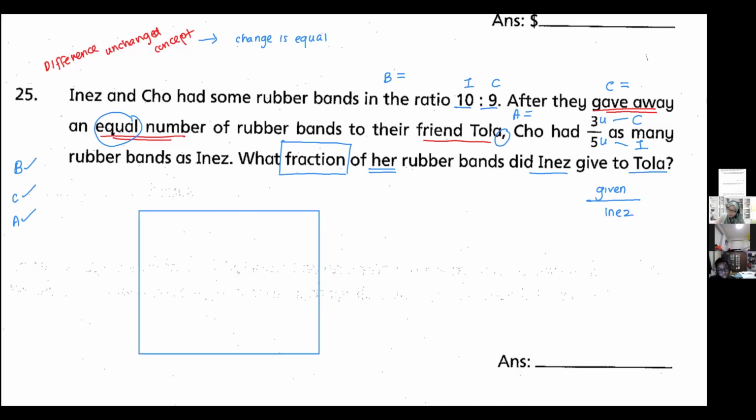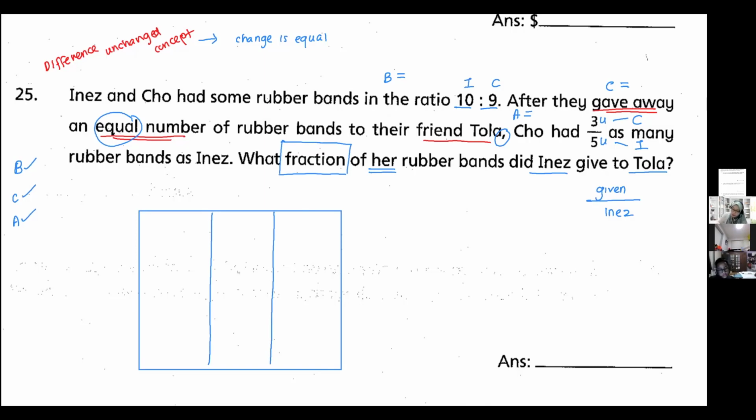Draw out my box. Okay, I'm going to draw a longer one. Divide it into 3 columns: 1, 2, 3. Why 3? Because there's a difference column at the side. So Ines, Cho, difference. I put short forms for before, change, after. Before, change, after. Okay. Now we put in all the information that we already highlighted in the question.